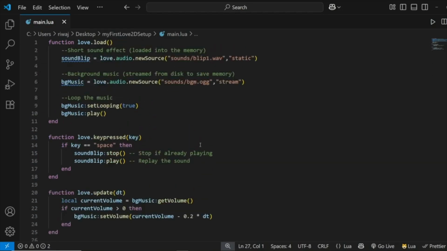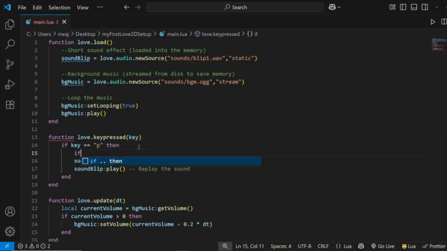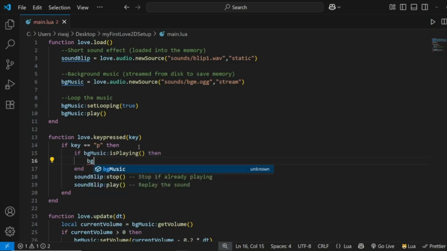Inside our love.load, we'll start our background music and set it to looping. Now, inside our love.keypressed function, we'll change our key to p, and then we'll define some conditions. So if our background music is playing, so we'll do isPlaying, then we will pause the background music. So we'll use the pause method,